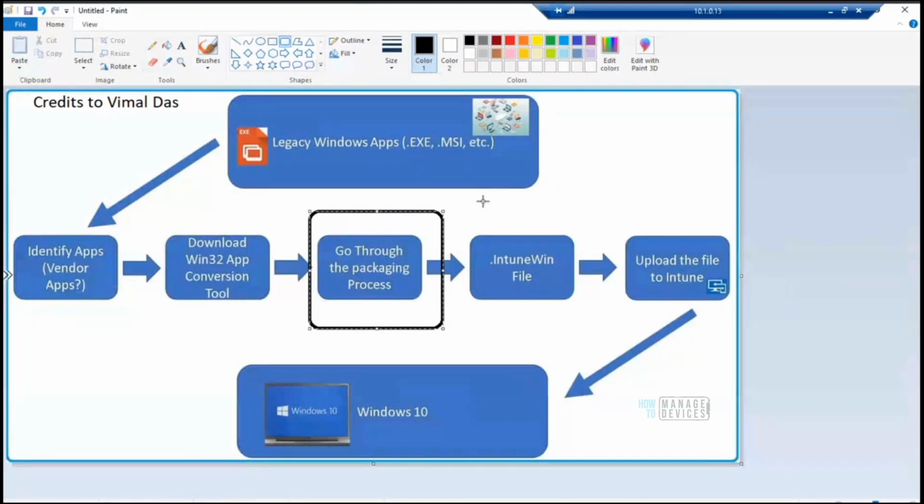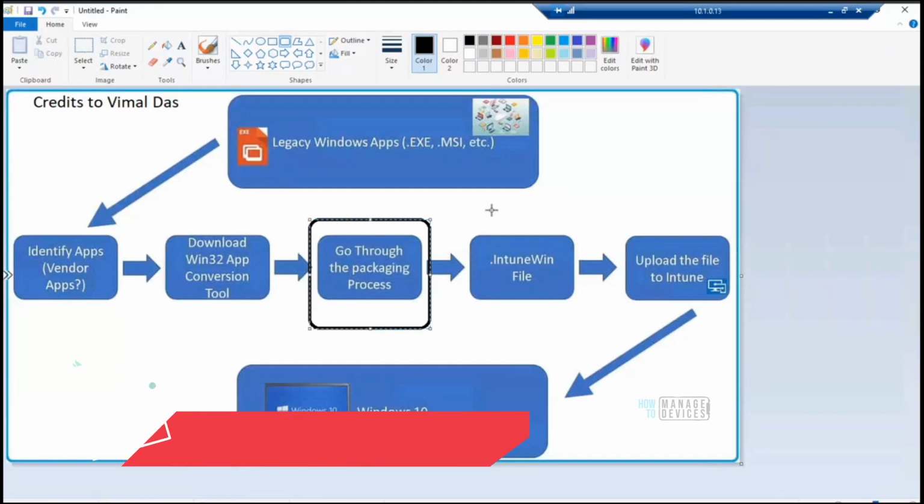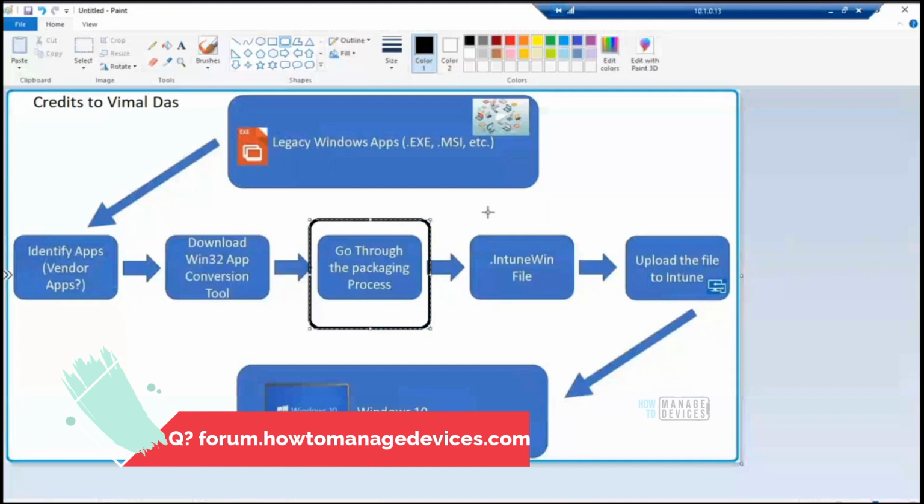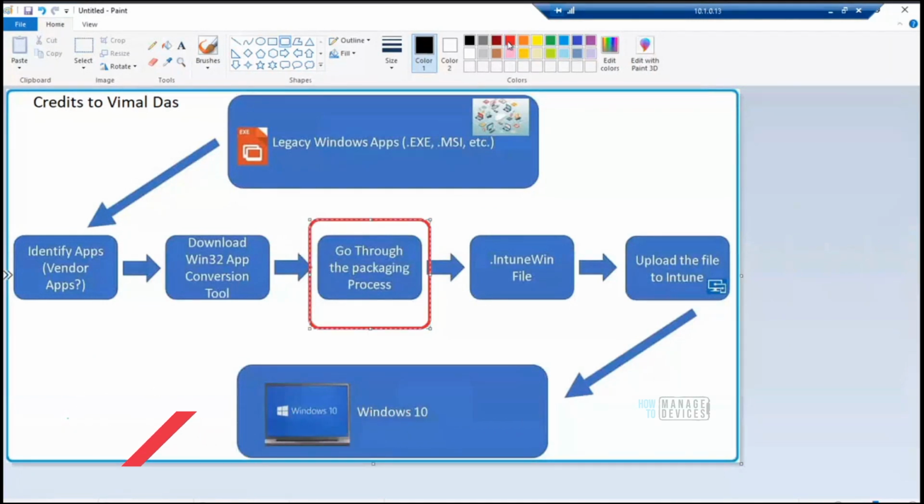So you should not compare this package creation step with a normal packaging process from an SCCM world. In SCCM, when you say packaging process, you need to capture the image of the machine, capture the changes and understand what the changes are, and only then do you normally create packages. But in this scenario, that's not what we are talking about. This is pretty straightforward.